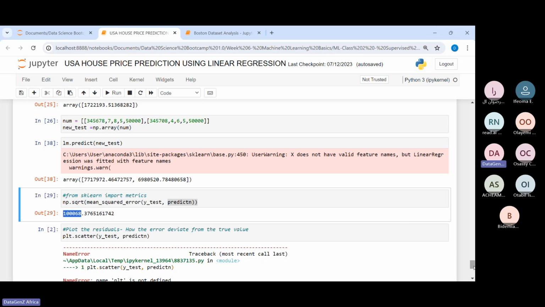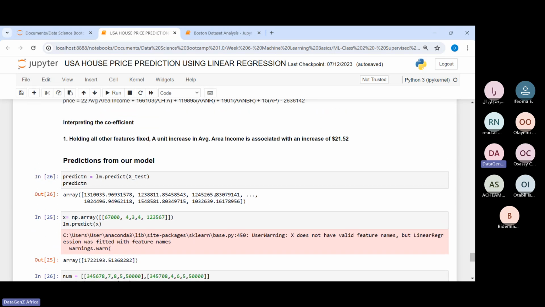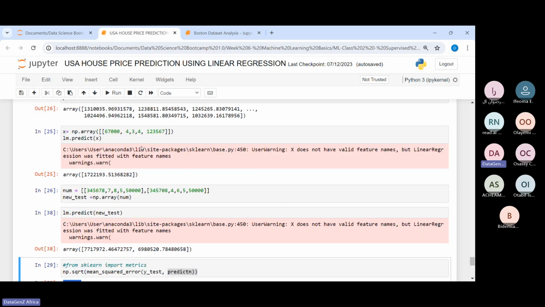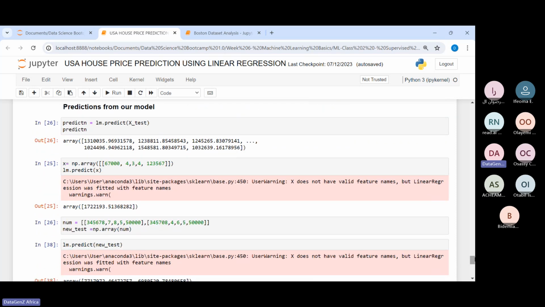Okay, what I was trying to show you last class is that for future values, maybe you want to make a prediction of a single value in future. I think it was around here that I was getting an error. Yes, this place. When you want to predict, for example, you have a new input from a user. Maybe somebody in future wants to know the prices of houses around a particular area,